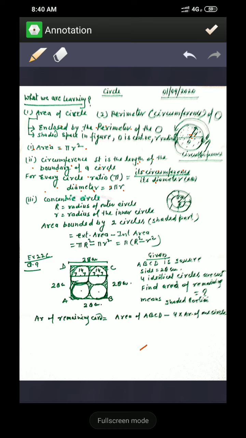Now see another circle. If the circles are concentric, meaning a circle within a circle, in these questions you have to find the area of the shaded portion. What is happening here? In this figure there are two circles. One circle is this one, and the second circle is this one. So this shaded portion,